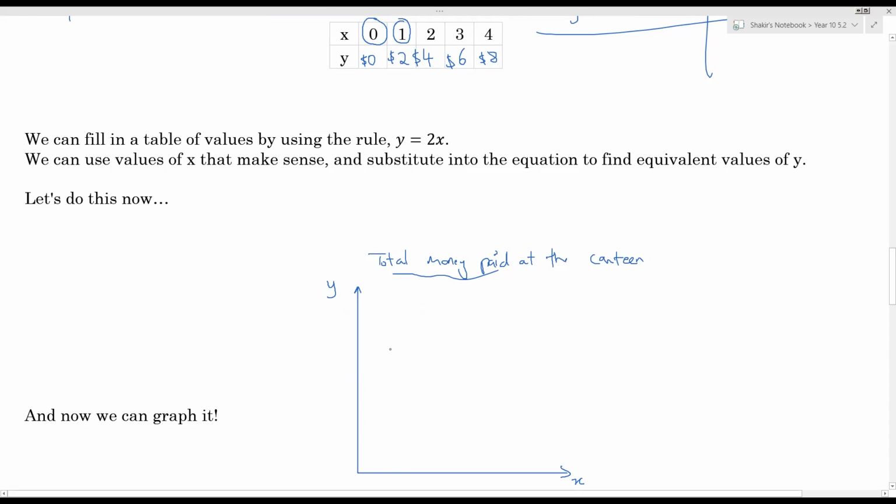I'm going to draw my 0, 1, 2, 3, 4. So 0 is over there. Obviously, 0 is there. 1, 2, 3, 4. And I can put 5 and 6 in because why not? 1, 2, 3, 4, 5, 6. And over here,